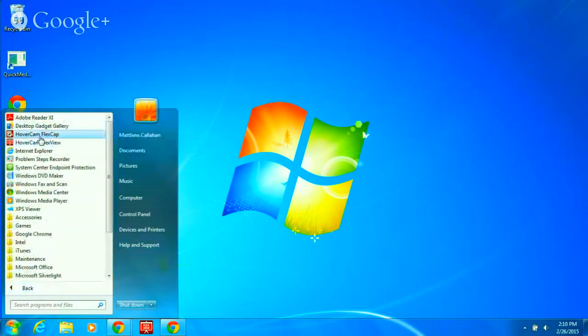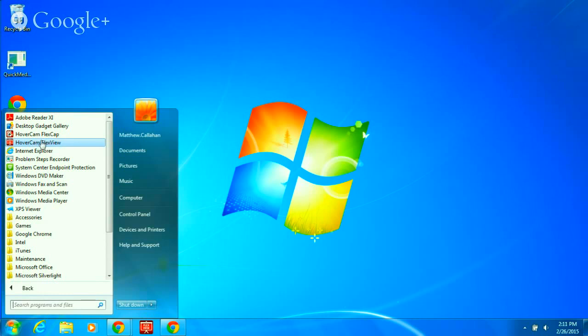there's two different types of HoverCam software. There's a FlexCap and a FlexView. If you see, the FlexCap has a little video icon in it, and the FlexCap software provides additional functionality for recording and annotating while you're recording. So rather than just showing what's underneath the document camera, it will basically record a video that you can then save and share later. For using the Solo8 as a regular document camera, you'll want to use just the FlexView